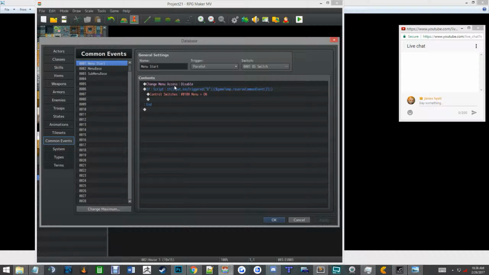Okay, so I may have to refer back to my other file occasionally, but the three common events that you need are these three right here. MenuStart, like I said, that's the first one. I have it set to run parallel when the BS switch is on. As you can see, if you hover over the trigger box, it'll tell you what each one does, but if you don't want to do that, auto run runs when the specific switch is on. None, if there's no trigger, it only runs when it's called up explicitly. In parallel is like a cycle thing. It constantly runs